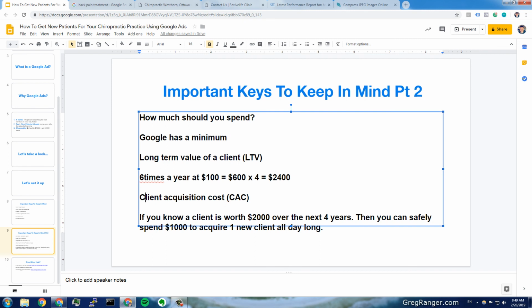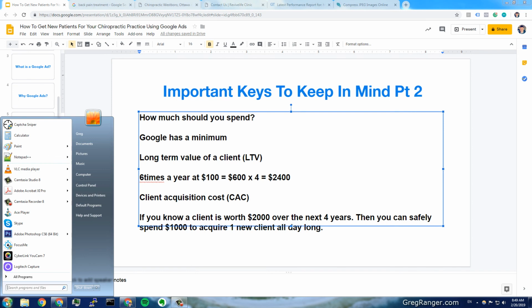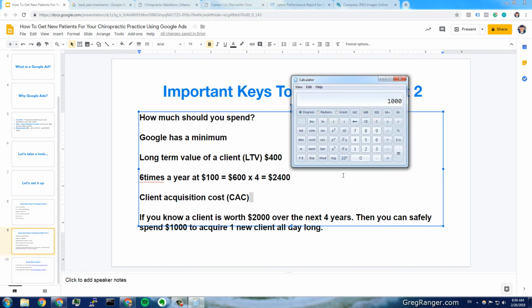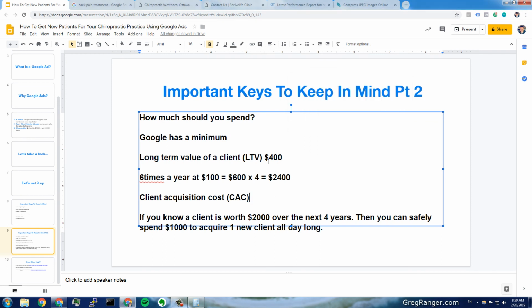So in our case, what is the client acquisition cost, the CAC? Well, in this case, he spent $1,000 to acquire 25 new clients, which means it's $40 to acquire a new client. Now, let's assume that I know his real numbers, I don't want to reveal it, but let's say the LTV is $400. He's getting a 10x return on investment. It cost him $40 to get that client into the door, but overall the LTV is $400. So once you know those two numbers, you can safely increase your ad budget and start generating new patients,